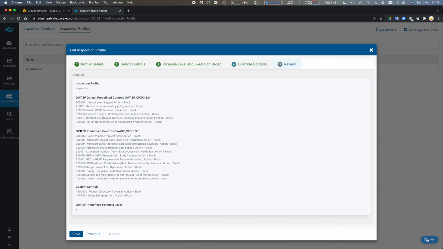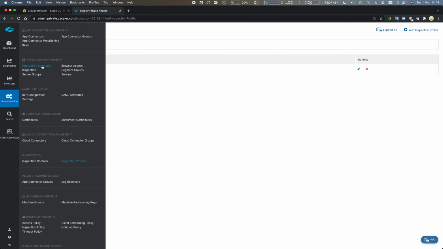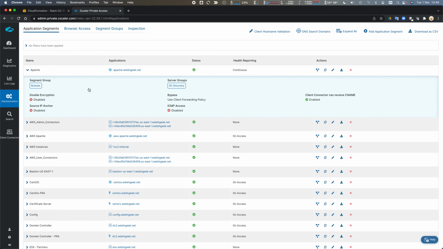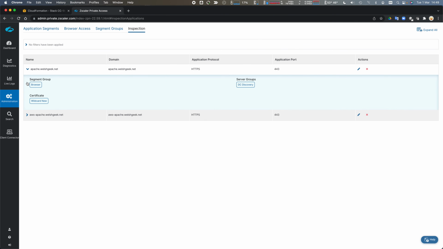We don't want any overrides, things like that. So that's all good. When we come across then to the application segment, if we look down through these, which ones do we want to do inspection for? Well, we've got inspection set up for Apache and AWS,